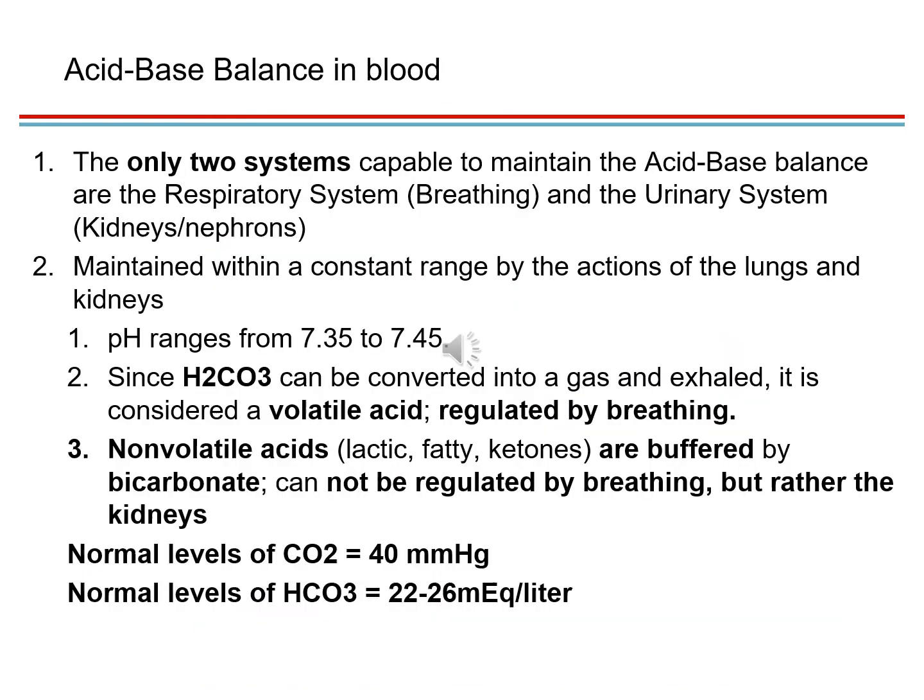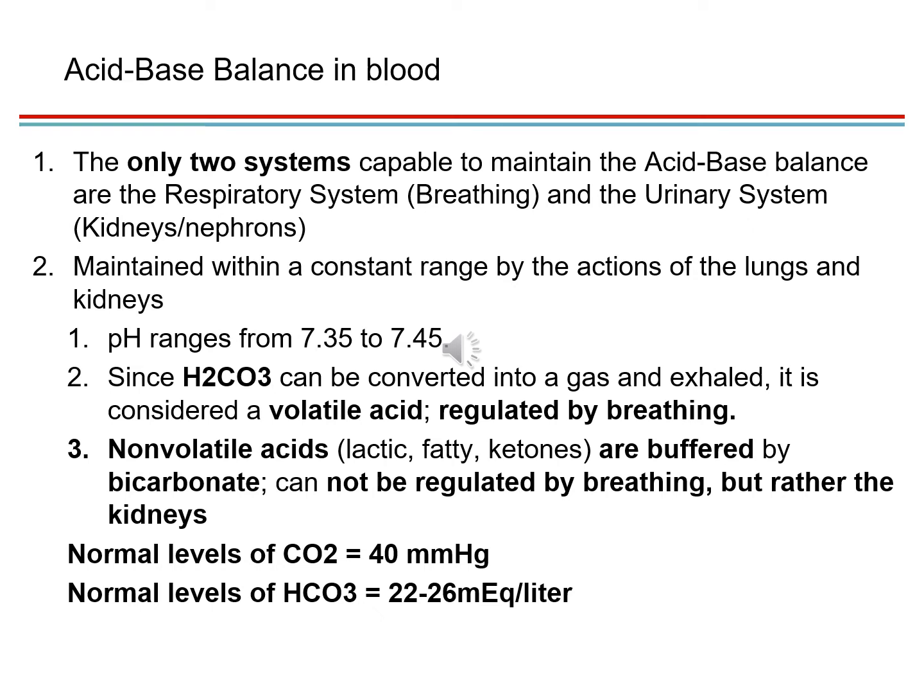from our body. At this time of the semester, you are fully aware that the blood pH needs to be in balance. Certainly it is very sensitive and a very tight range, but there are only two systems capable of maintaining that balance: the blood pH balance, or the acid-base balance. The two systems are the respiratory system and the urinary system. How can the respiratory system regulate the blood pH? By breathing in or breathing out, especially breathing out, or the rate of respiration or